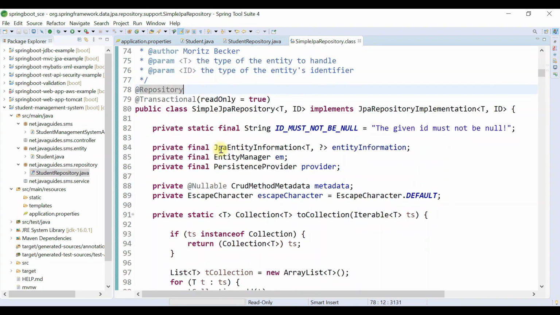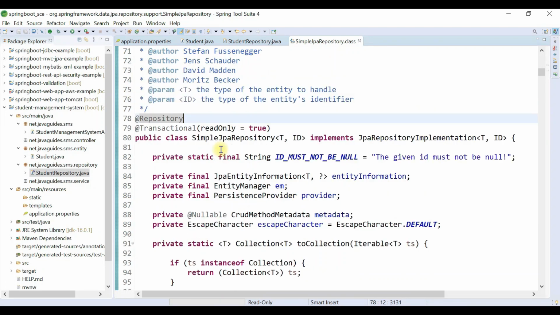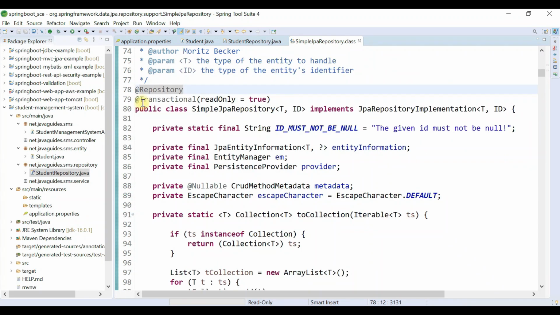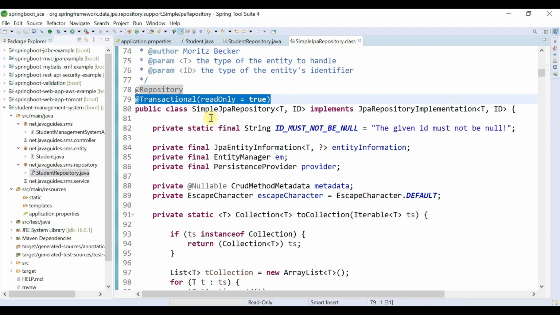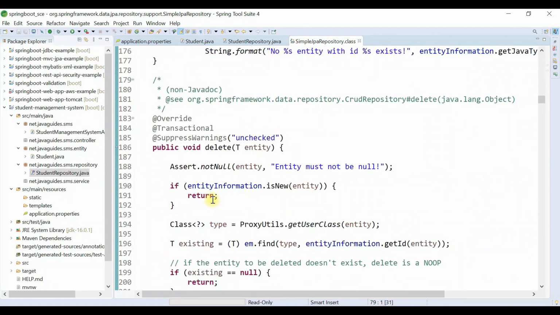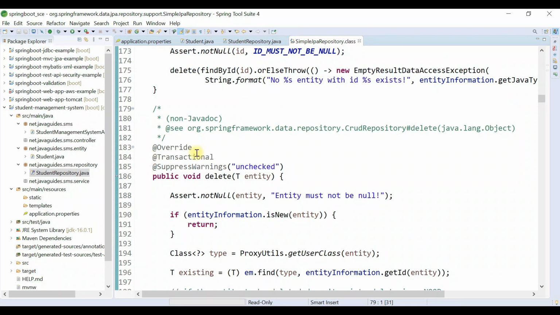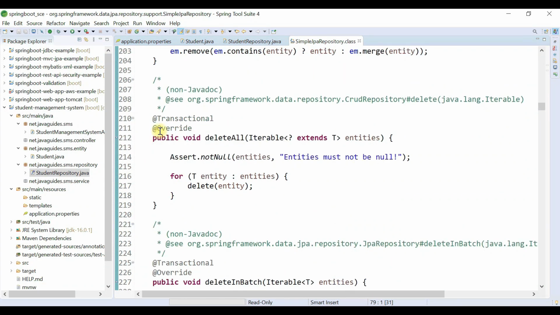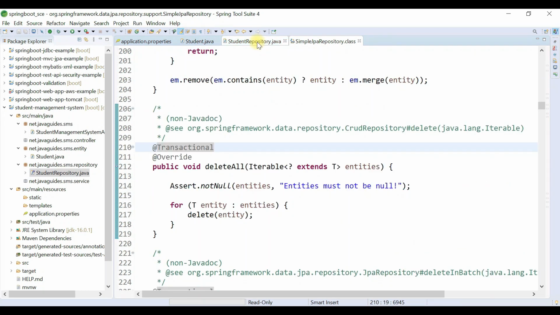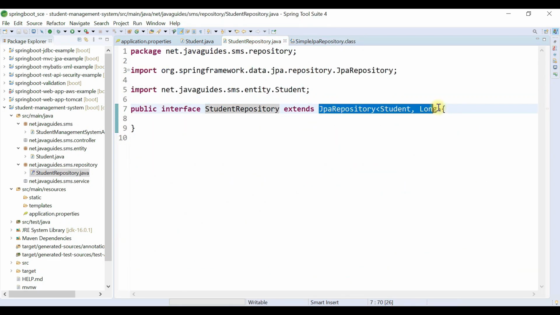And again, one more important point is the JpaRepository interface by default provides a transaction for all its methods. For example, SimpleJpaRepository is the default implementation class of the JpaRepository interface, right? And it is annotated with @Transactional annotation. And if you look at its methods, all the methods are transactional by default, because look at here, @Transactional annotations are added to all its public methods. It means that JpaRepository by default provides transactions to all its methods. Hence we don't have to add @Transactional annotation again in the service layer.